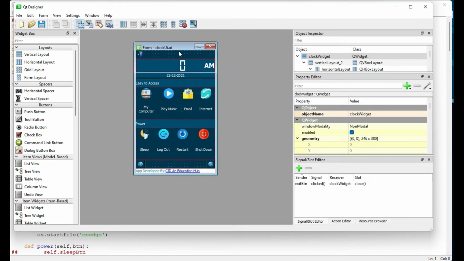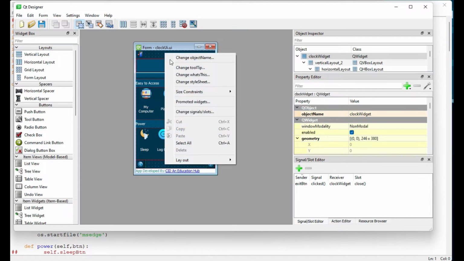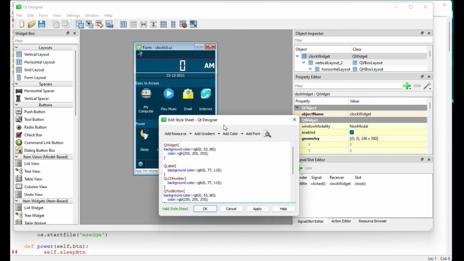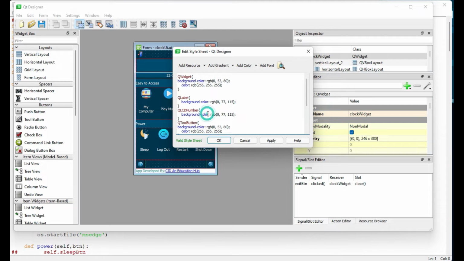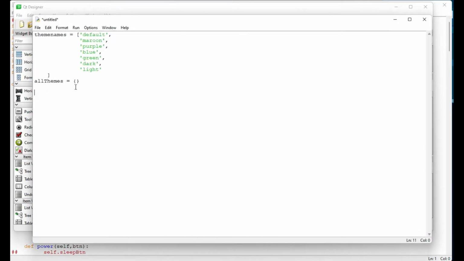I will right click on the widget and go to change the style sheet, and you will see that the default style sheet is created here. So I will select all and copy it.